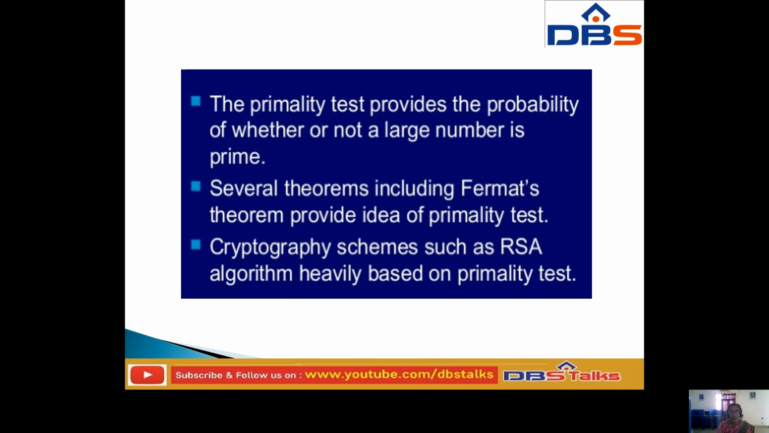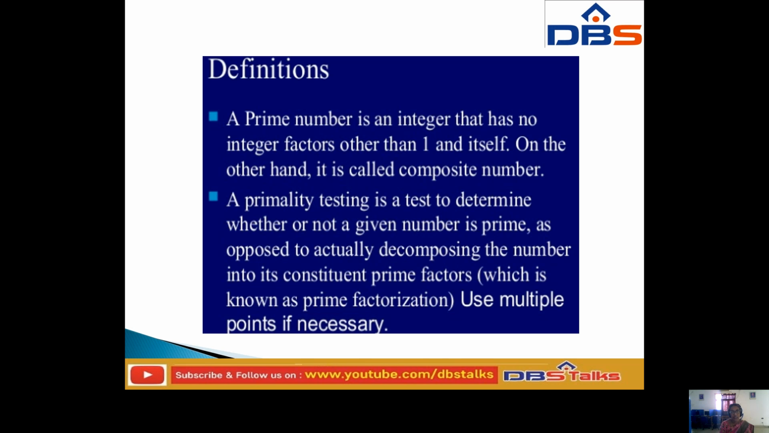Okay, then let's go for how we are going to implement that. These are the definitions. So a prime number is an integer that has no integer factors